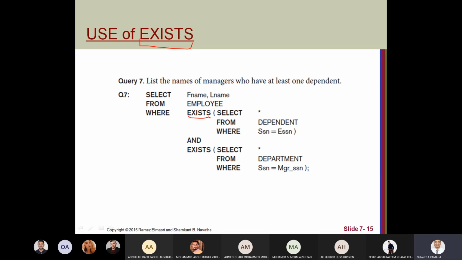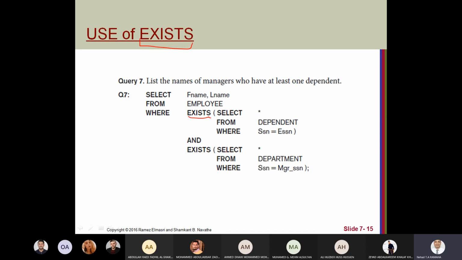Sometimes we need it. It's necessary when we check, especially not exists. For example, return employees that don't manage any department.